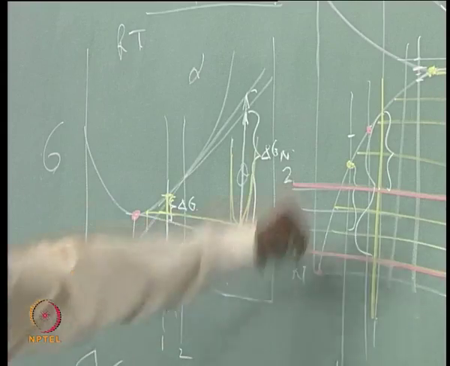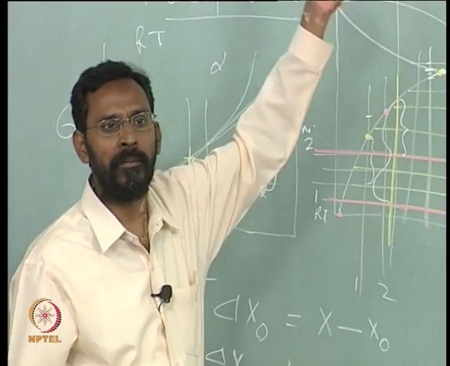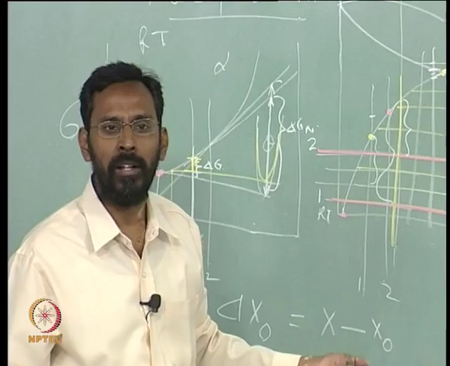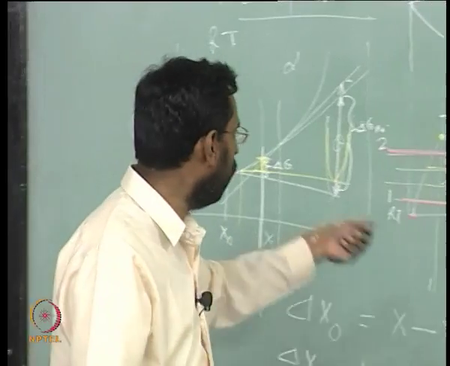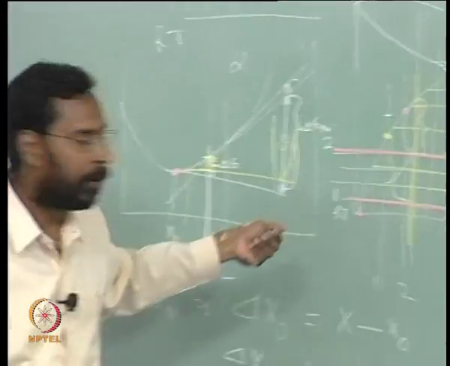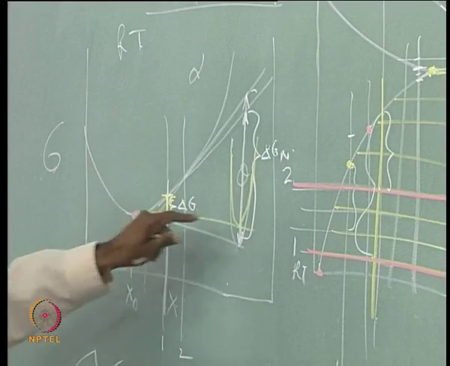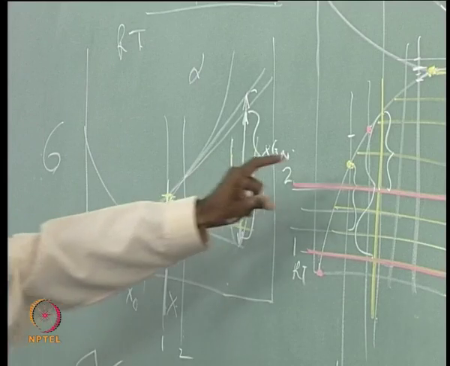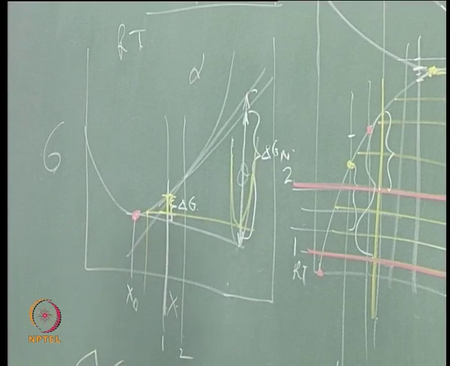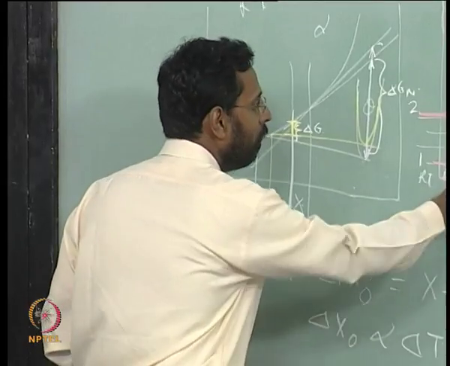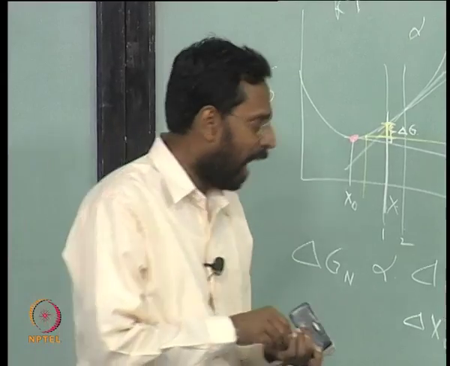So, the higher the temperature, the lower the stability of theta, because theta is dissolving at high temperature, theta is not stable. So, as a result theta grows faster, okay, theta free energy rises faster, and once that happens with respect to alpha, you would see the common tangents change, and that is how we can say the driving force changes. So, the driving force can be easily seen as a function of both composition of the alloy and the temperature, both of them decide this, and at the same time